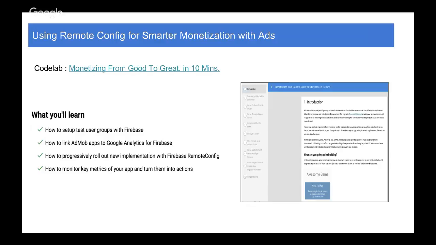that's exactly the next thing we're going to discuss. And we want to call out here, there's a codelab which in 10 minutes walks you through the whole process of creating a remote config setting for an ad unit, as we discussed, within an app. And it enables you to roll it out gradually towards users, depending on how they interact with the new change. Now, in this example, you will actually take a sample app and implement remote config yourself. And it's a guided step-by-step process on